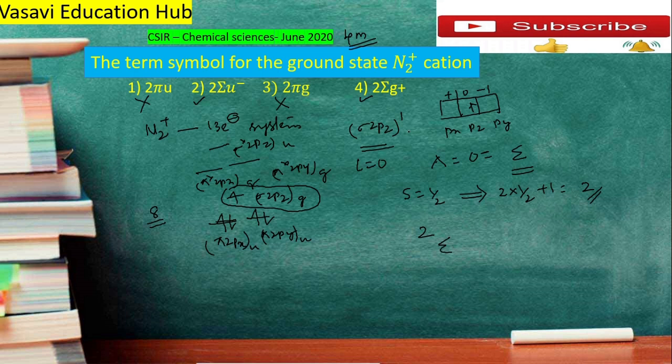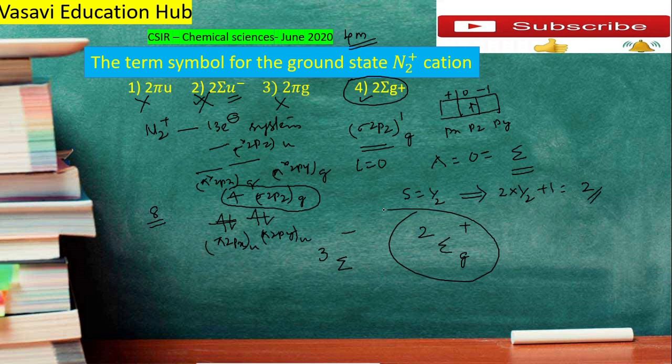So here the electron is in a centrosymmetric orbital only. Generally the superscript will be plus only, right? The minus superscript is possible when the spin multiplicity is 3 and the term symbol is sigma only. In the given options, students, you can see the subscript is u, but it should not be subscript u; the subscript is g. So you can eliminate option 2 also. Therefore the correct answer is option 4. Clear, students? This is the way to solve the question.